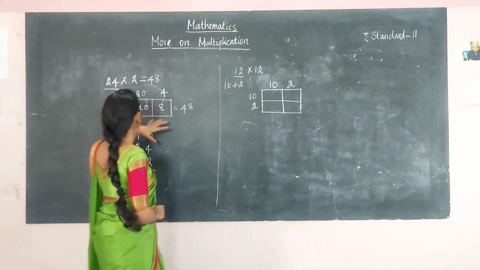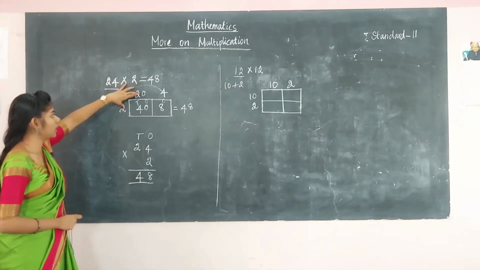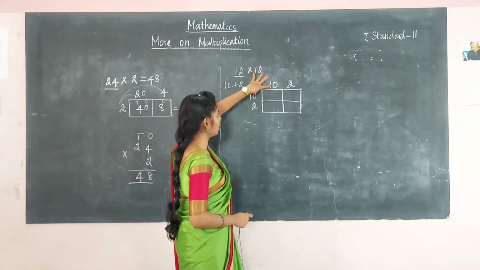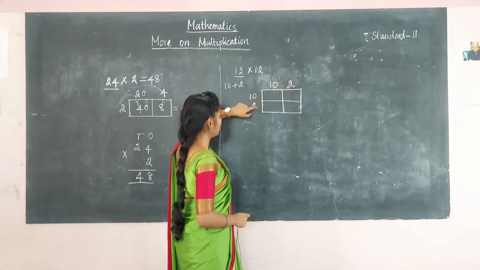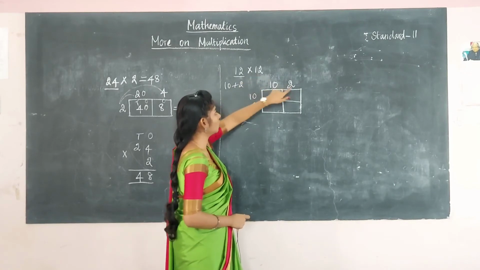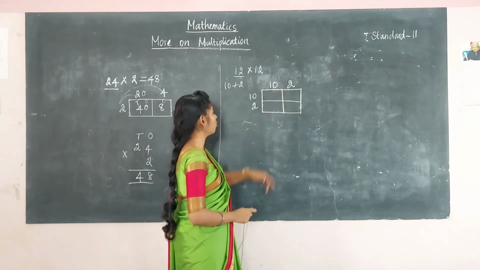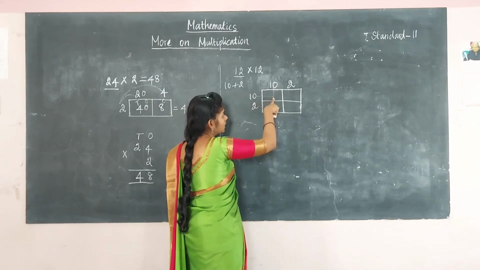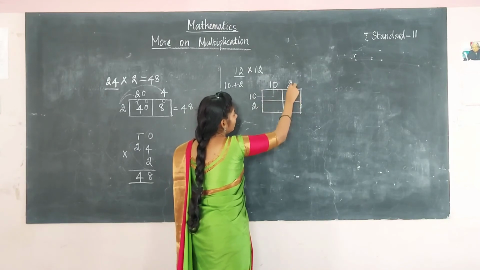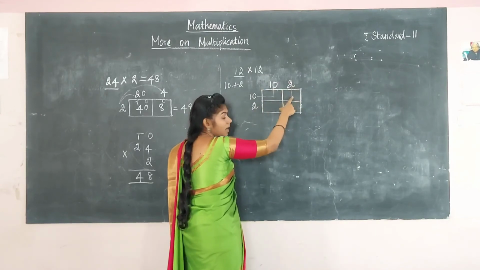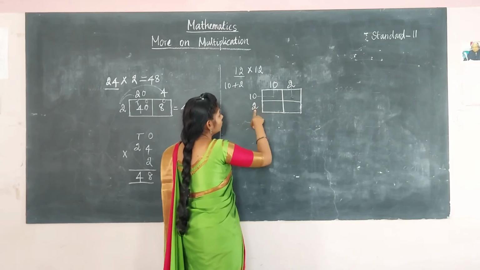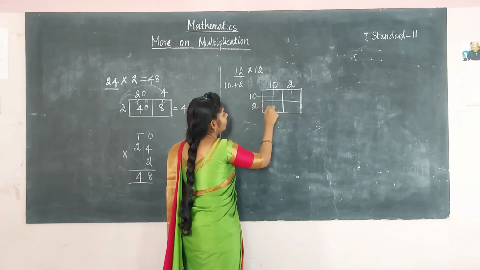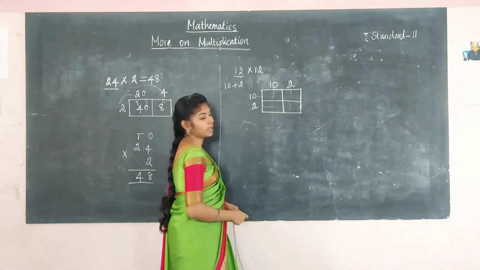So how you have to multiply is the same way as we have multiplied these two. The same process here. First multiply these two numbers and then this and this, and here 2 and 10 and here 2 and 2. You have to multiply and fill in the box. Here see 2 into 10: multiply these two numbers and write the answer here, and multiply these two numbers and write the answer here.